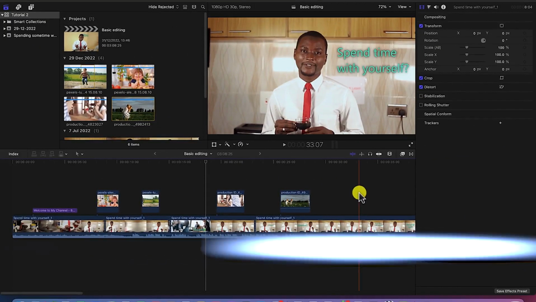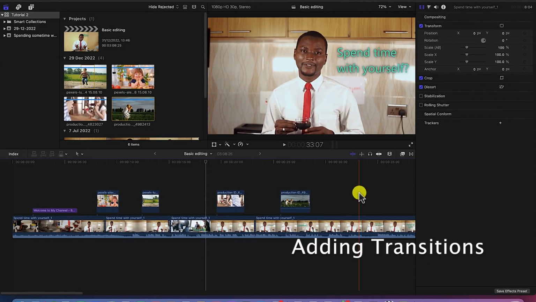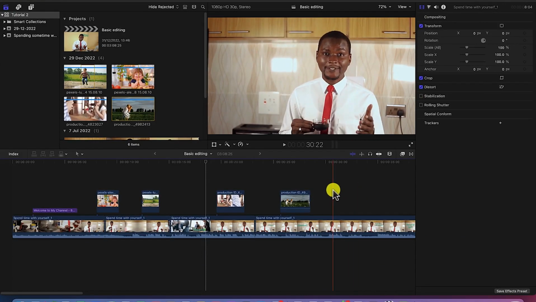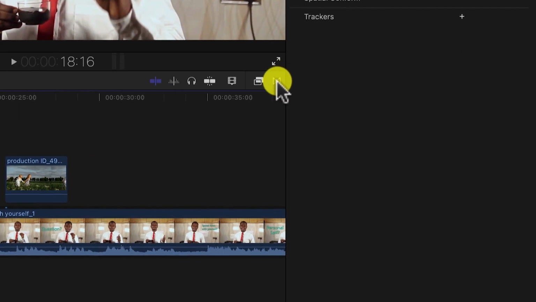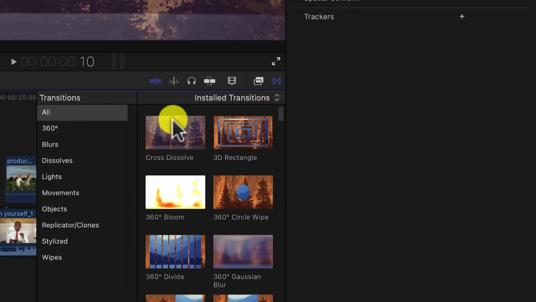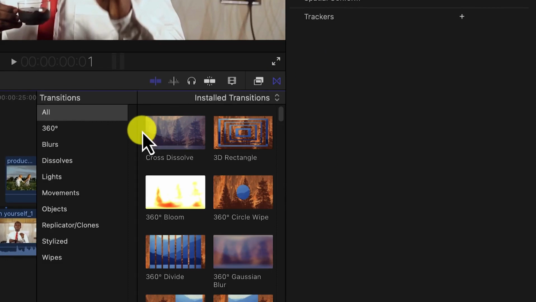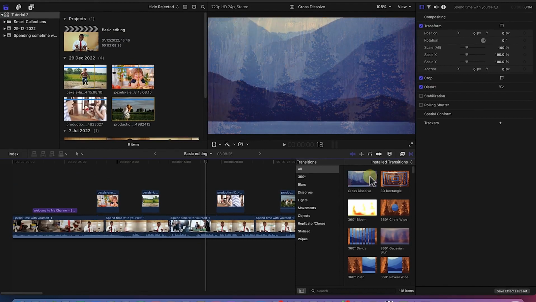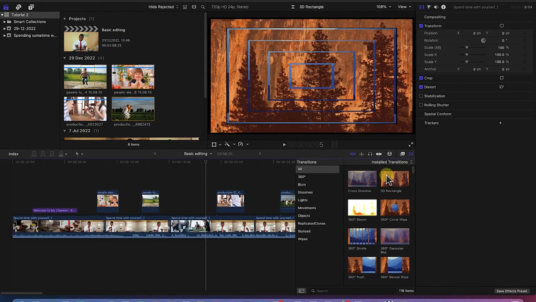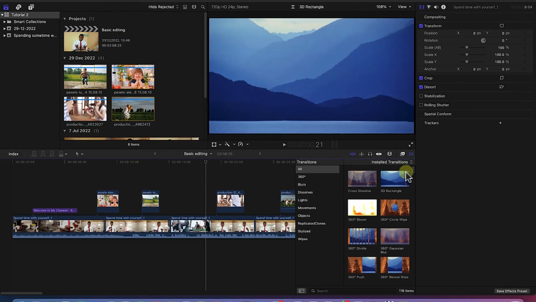All right, so the next thing is we'll try to look at how to add transitions and effects into our video footage or into the timeline to continue with our editing. So to add transitions, all you need to do is to come over here and click on this small icon called transition browser. You can just click on it and you can see a bunch of transitions. For example, this is cross dissolve. As you hover over any kind of transition effect, you're going to see the effect. Just hover over it and you'll be able to see the effect it's going to have on your